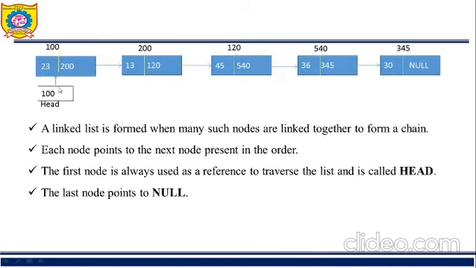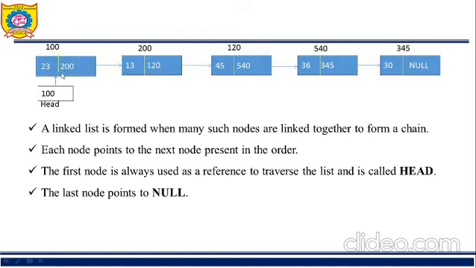So this is one example of a linked list with nodes, the reference or link, and the head. This is the first node, stored at address 100. This node has two parts: first is the data part and second is the reference part, which holds the address of the next element in the list. So 200 is the address where the second element is stored.